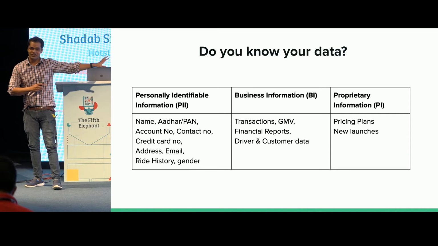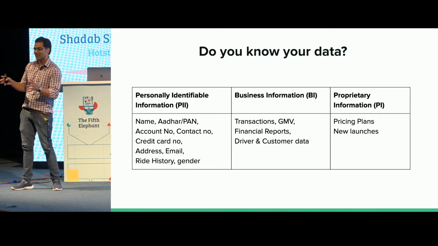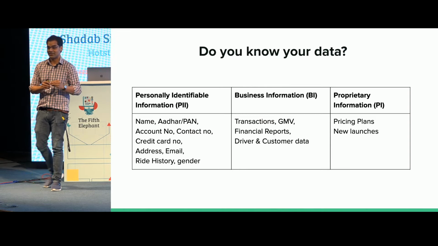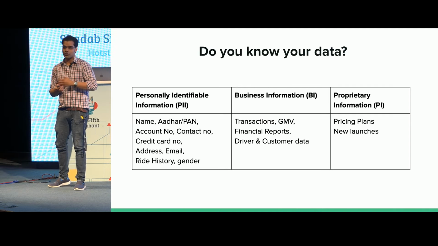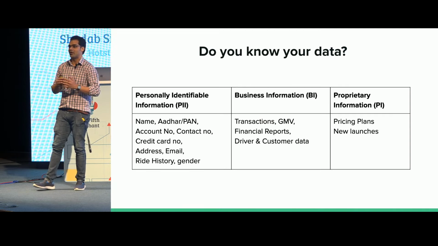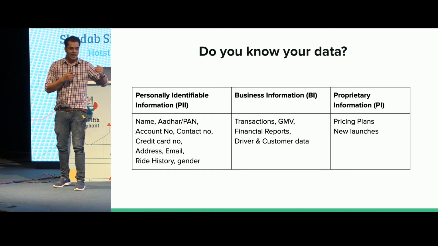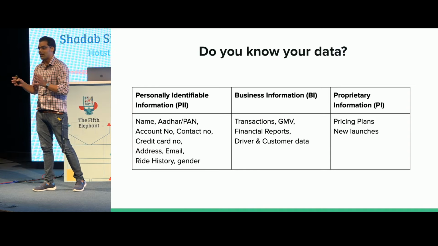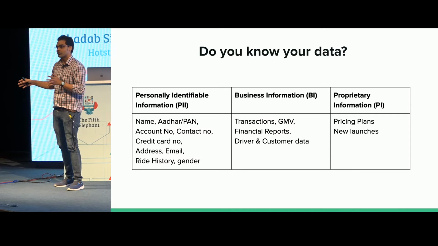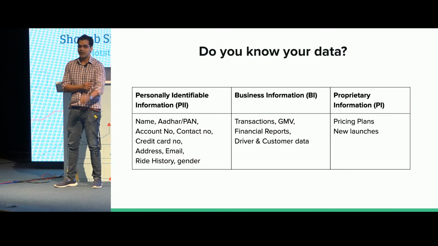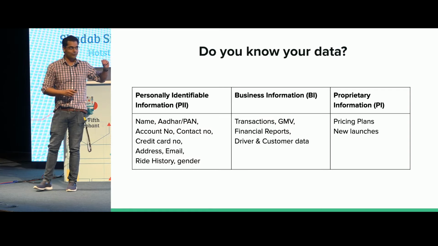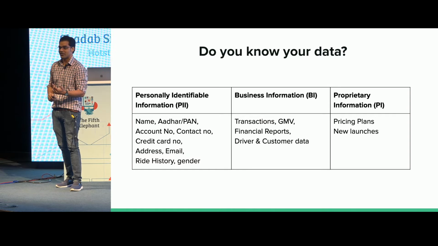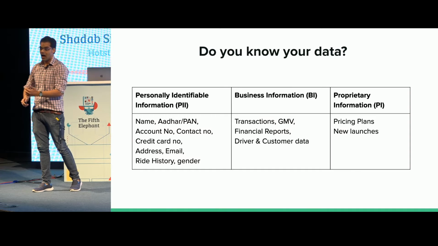So the point is, this data exists in your database, your analytics DB, your data platform, all across. And we haven't segregated it, we haven't tagged this. And if you're one of those startups looking to go into the UK where there's GDPR, you're going to have a big problem, right? There have been talks of how you set up a data pipeline from day one of your startup. This is one important thing where you don't have to do much, but if you could just tag your data in these three buckets, PII, business data, and proprietary information, it is going to help you in the long run. How? I'm going to walk you through.